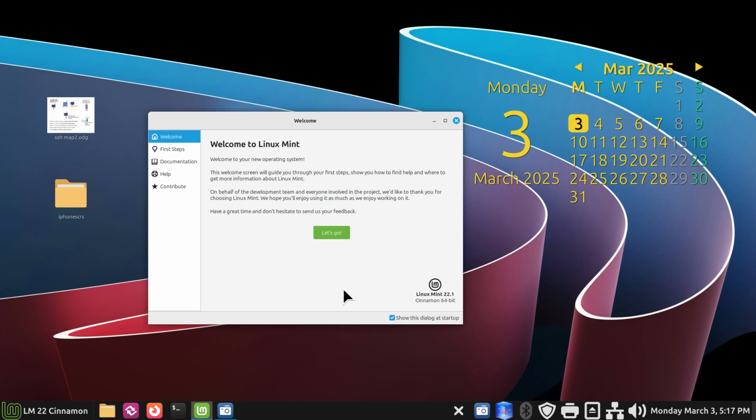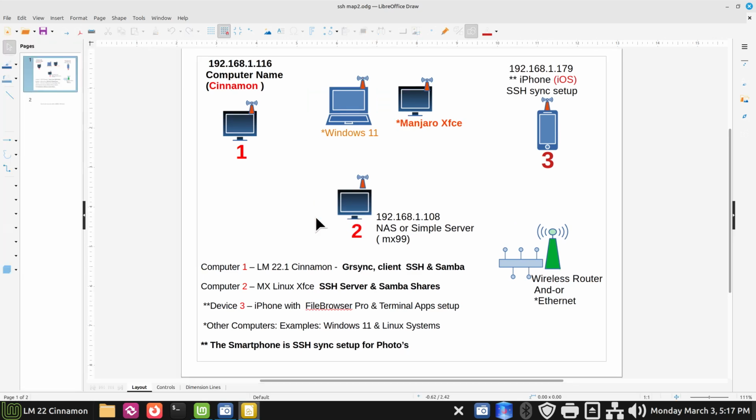Hello folks and welcome. Today's video is really about graphical rsync, or Grsync, on a network. I'll just give you a map, but I'm also going to talk about other options. Basically, I'm going to use Grsync to sync files from this computer, which is running Cinnamon,